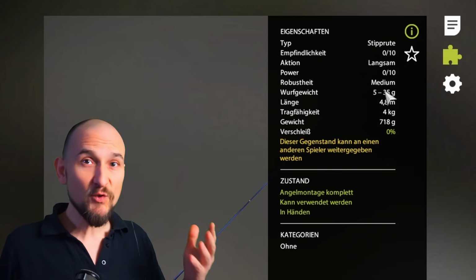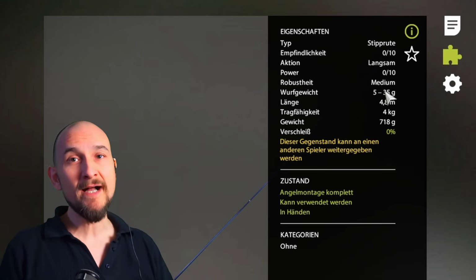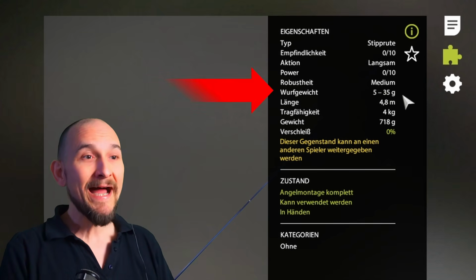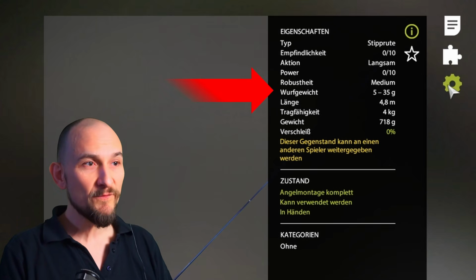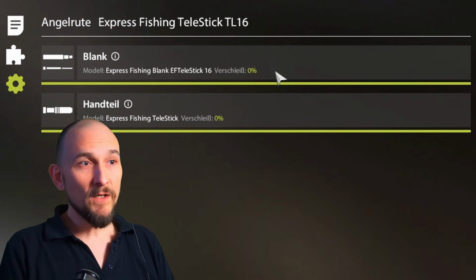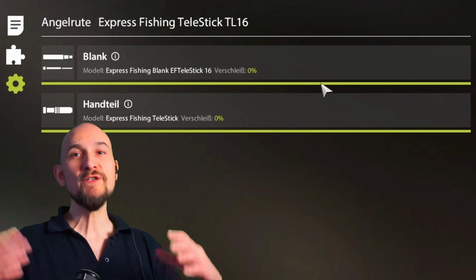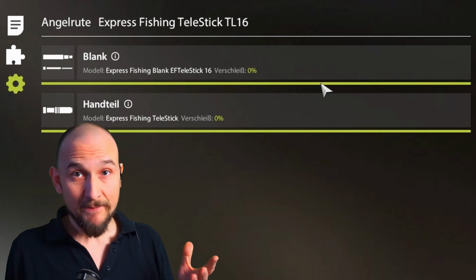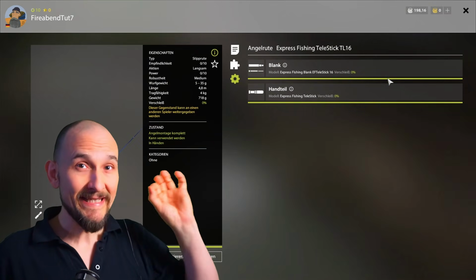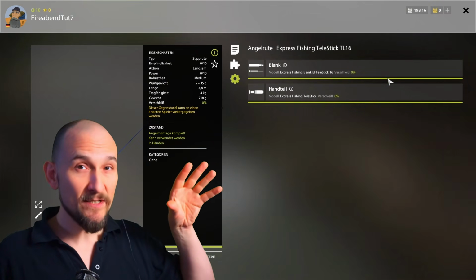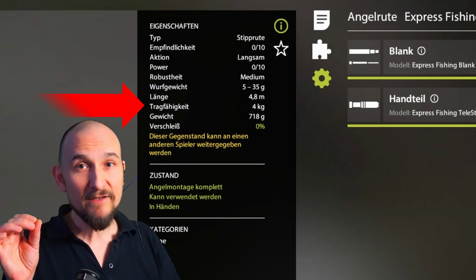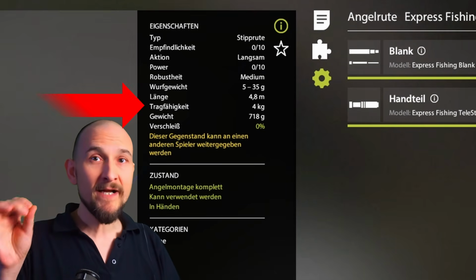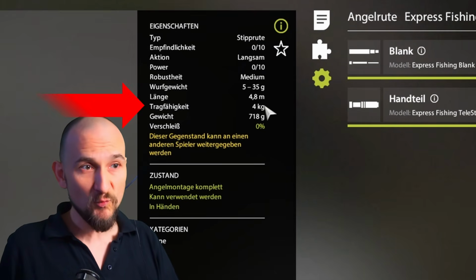If we constantly use the rod above the maximum casting weight, we get a much higher wear on the blank, and the blank of the rod cannot be repaired. That means with every percent of wear on the blank, we reduce the load capacity of the rod by the same amount. So if our rod here with 4 kilograms load capacity has over time maybe 15% wear, then it becomes dangerous again,